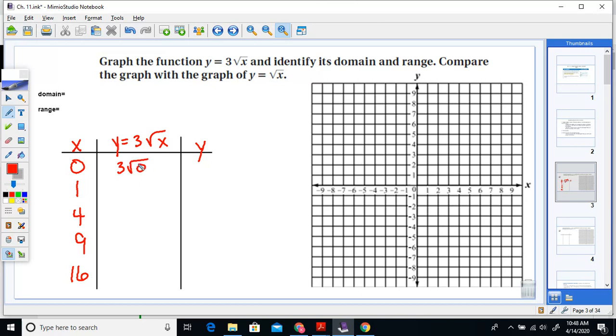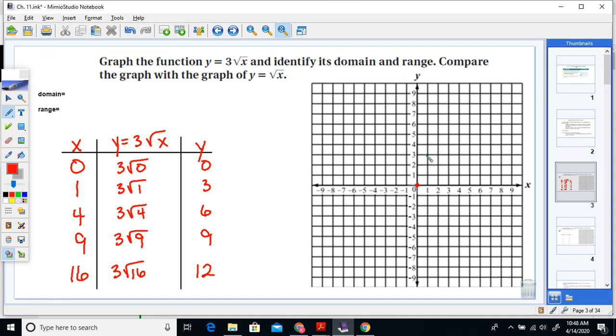3 times the square root of 0. Square root of 0 is 0. Times 3 is 0. 3 times the square root of 1. Square root of 1 is 1. Times 3 is 3. 3 times square root of 4. Square root of 4 is 2. Times 3 is 6. 3 times the square root of 9. Square root of 9 is 3. 3 times 3 is 9. 3 times square root of 16. Square root of 16 is 4. Times 3 is 12. So here's our points: 0, 0,